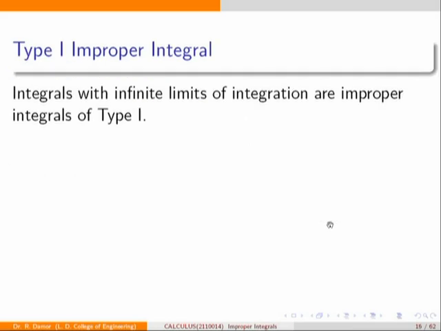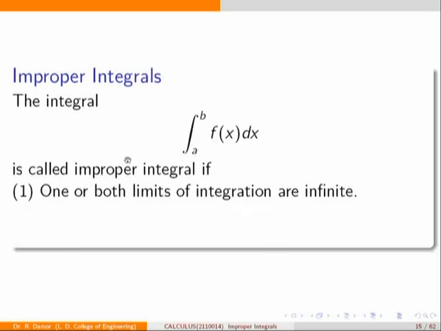Now let's see how we calculate the improper integral. There are two types of improper integral. The first type is this: integrals with infinite limits of integration are improper integrals of type 1. Whenever we find that a or b is infinite, or both are infinite, then it is an improper integral